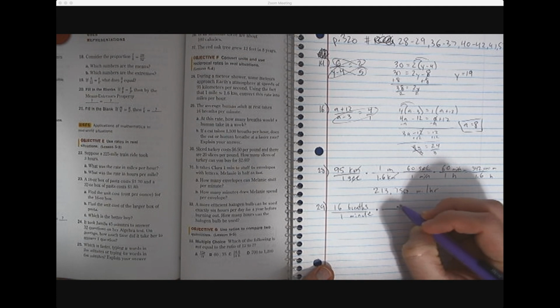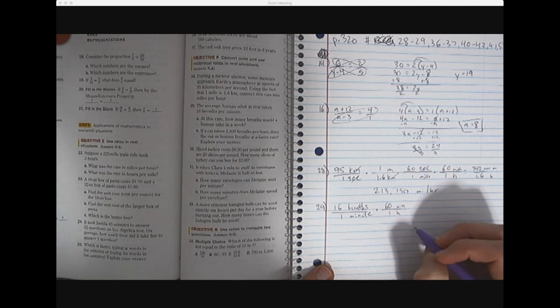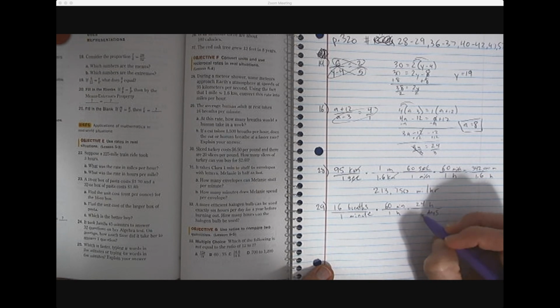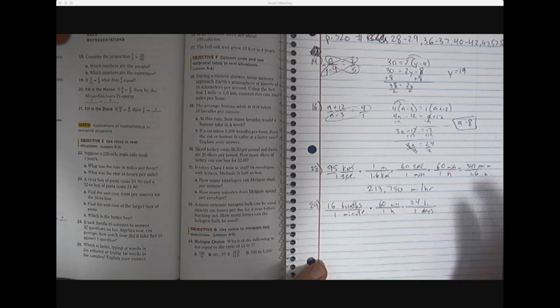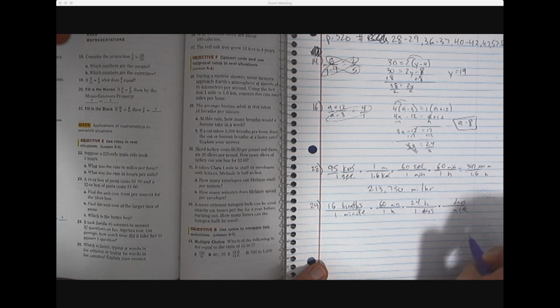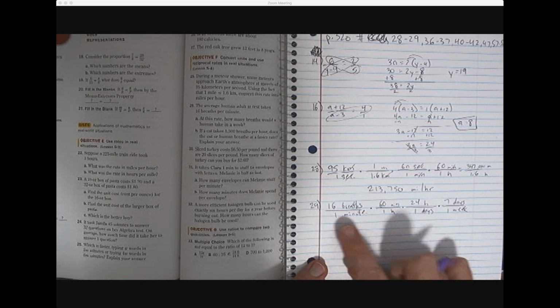So minutes up top, hours on the bottom, 60 minutes in 1 hour. Once we're in hours, let's go to days. Hours up top, days on the bottom. How many hours in a day? 24 hours in 1 day. And now let's go days to weeks. 7 days, 1 week. So you notice on the bottom,